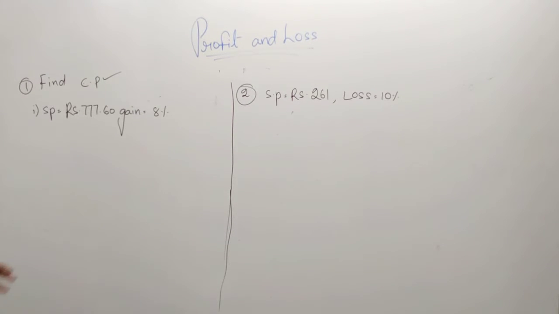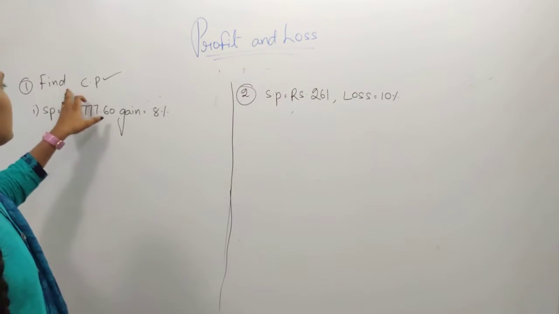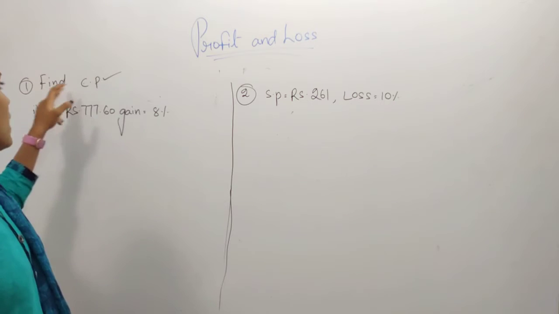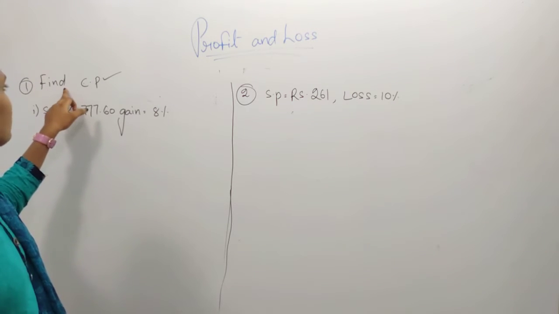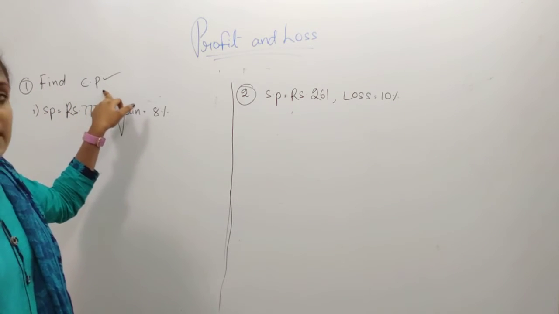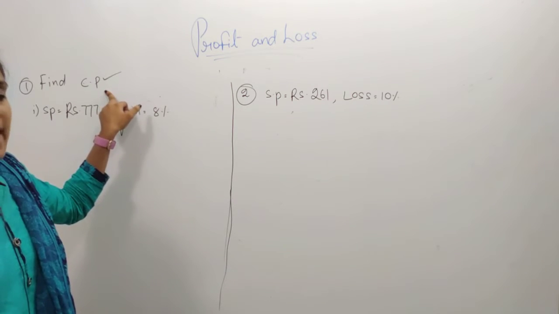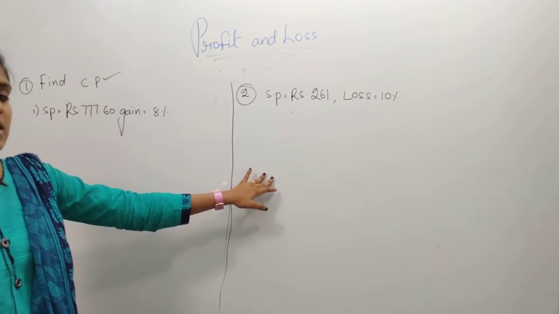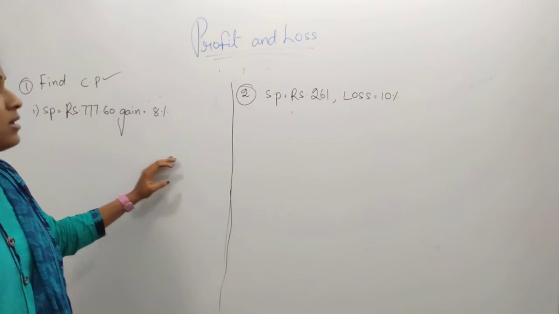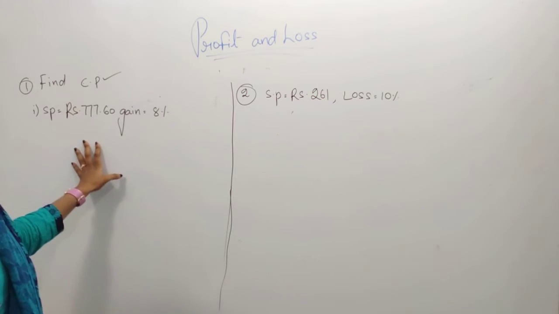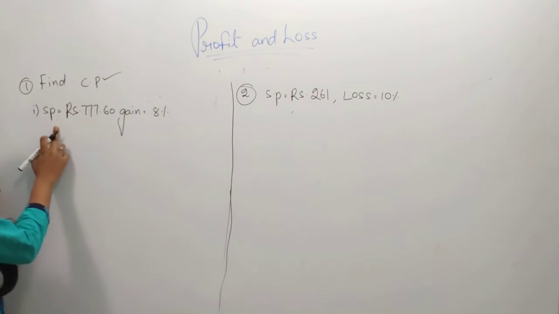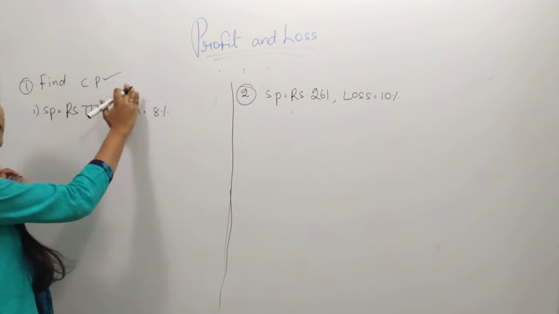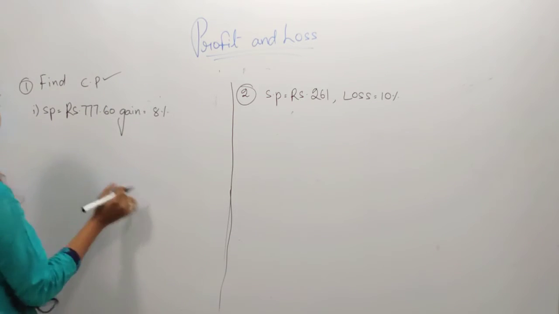Okay, in the same way, in the previous sum, what was given to find out, we found SP. Now, in the second question, what is given to find out, we have to find CP. CP means cost price. What are the formulas of gain percent and loss percent? Just I gave you the formulas. Now, by applying those formulas, let's solve the problem. Here SP is given, gain is given. We can directly put the formula of cost price and solve the problem easily.